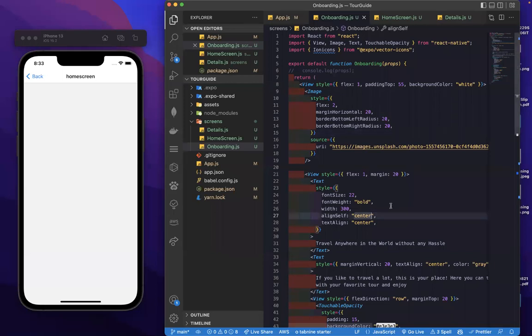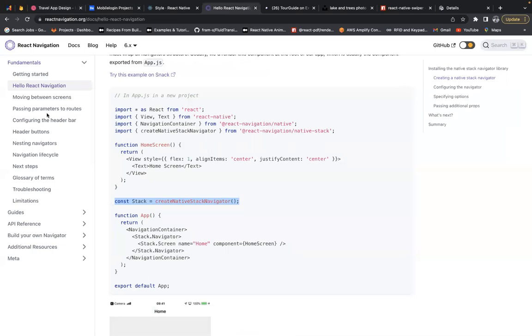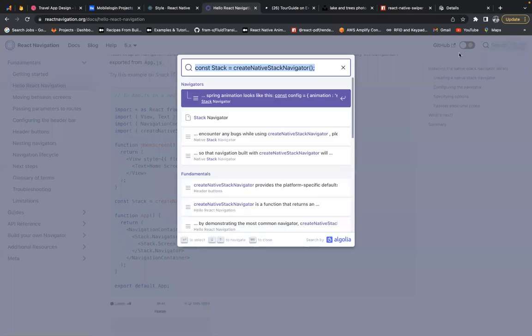Now, how do we achieve our bottom tab? If you don't know how to do that, we go to our React navigation, and then search for